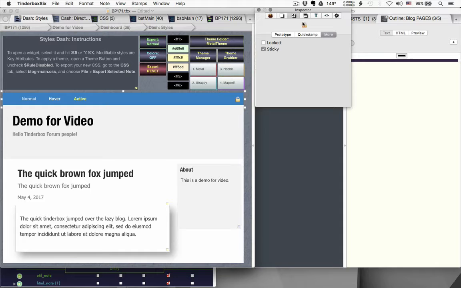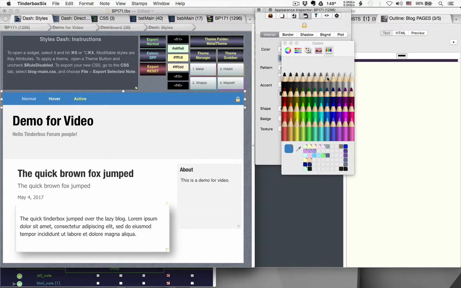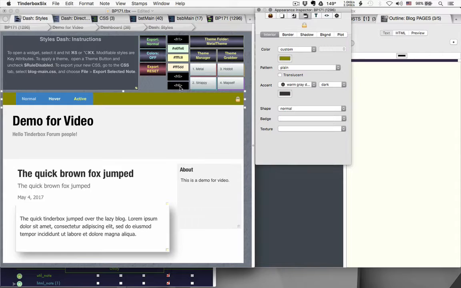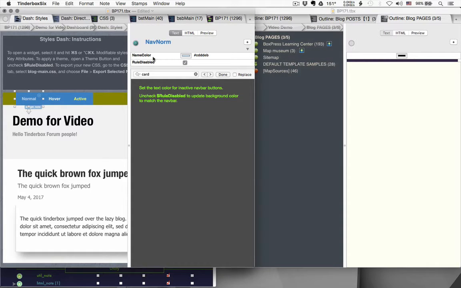As for color, that's easily modified. We can change the color to something unattractive like that. Okay, let's change our normal note color to black, let's say. Oh, by the way,